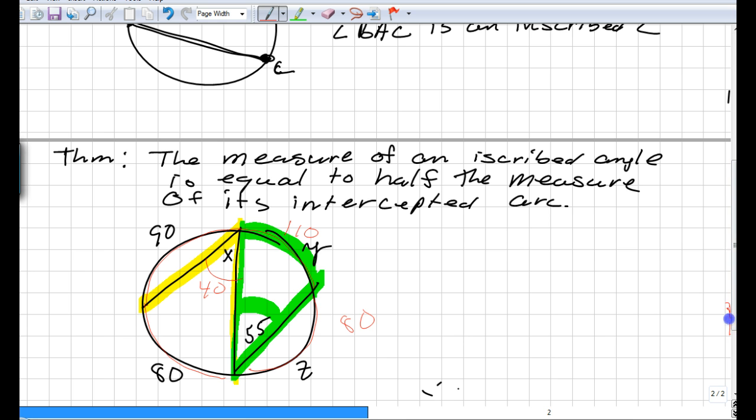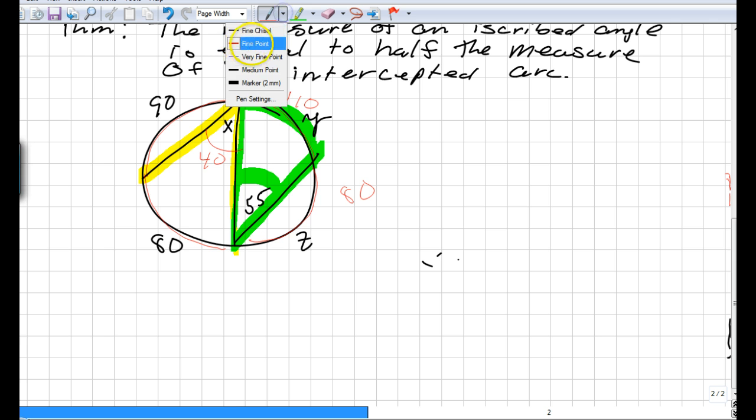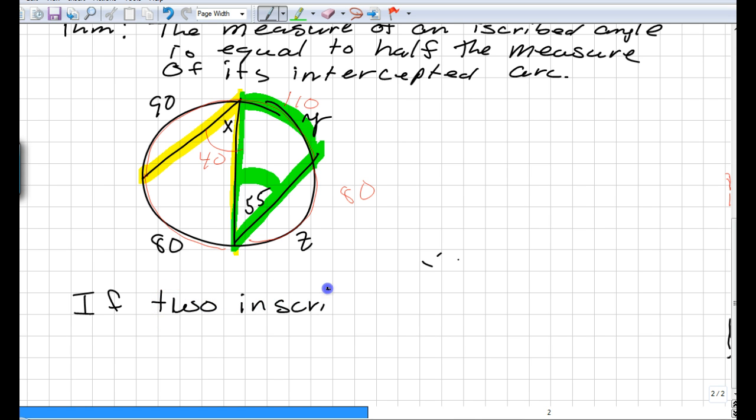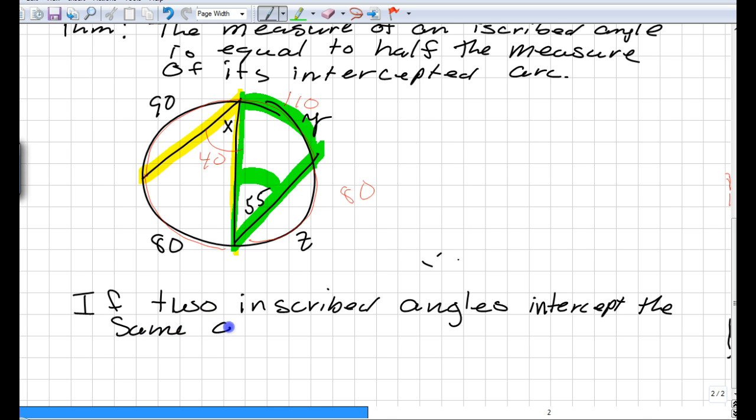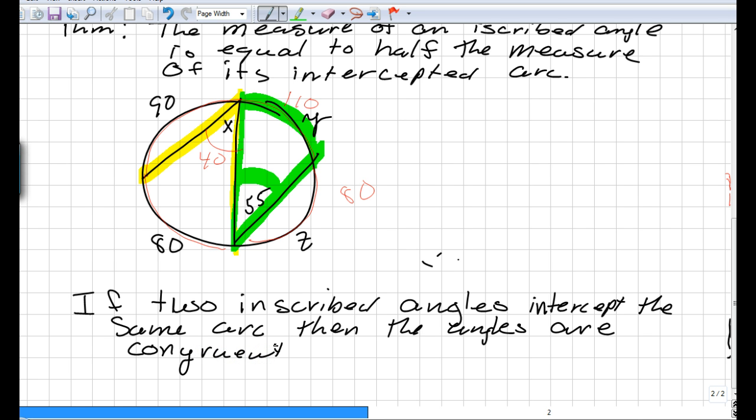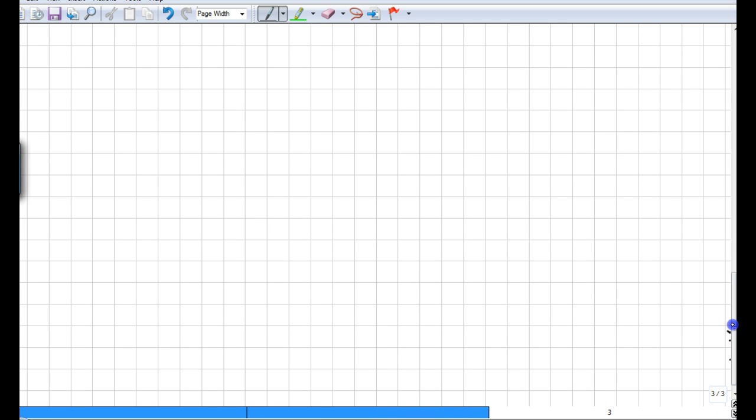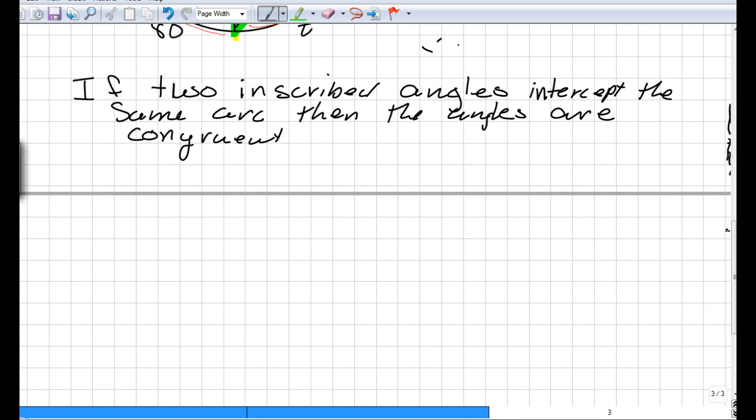The next theorem says if two inscribed angles intercept the same arc, then the angles are congruent. Okay, and so